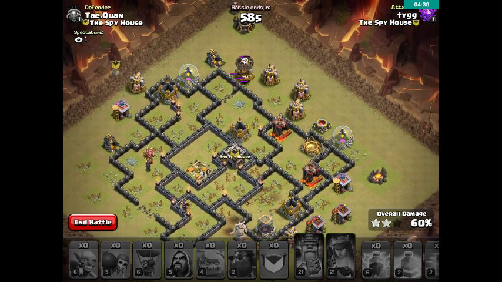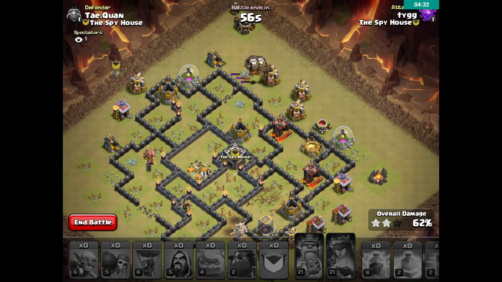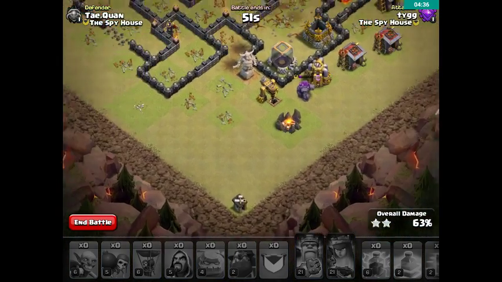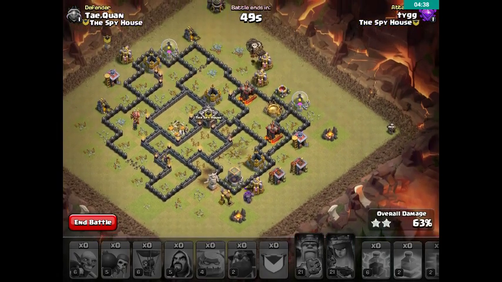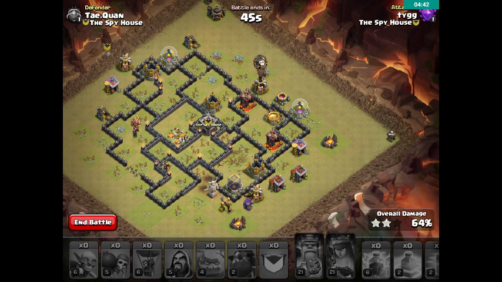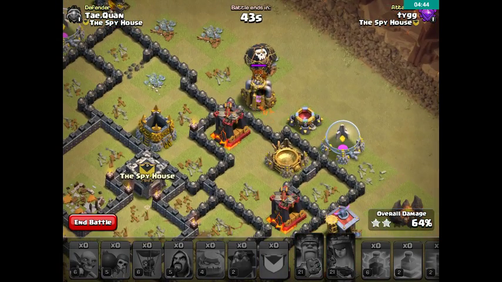All the defenses are gone. But 56 seconds to clean up a whole lot of different things. This little... Yeah, that's not going to happen. But, got all the defenses. Not bad. Let's see how much percentage I can get here. I needed this Lava Hound to burst. That's the only way you can actually get